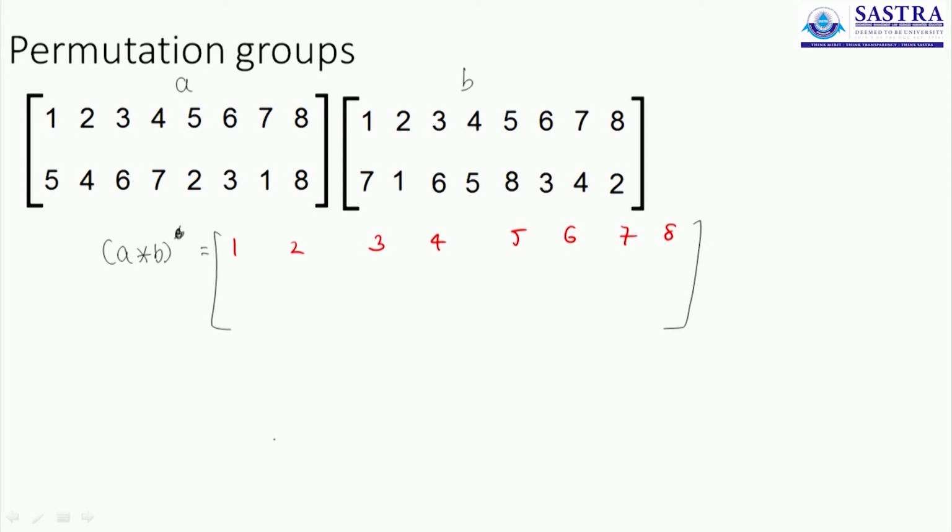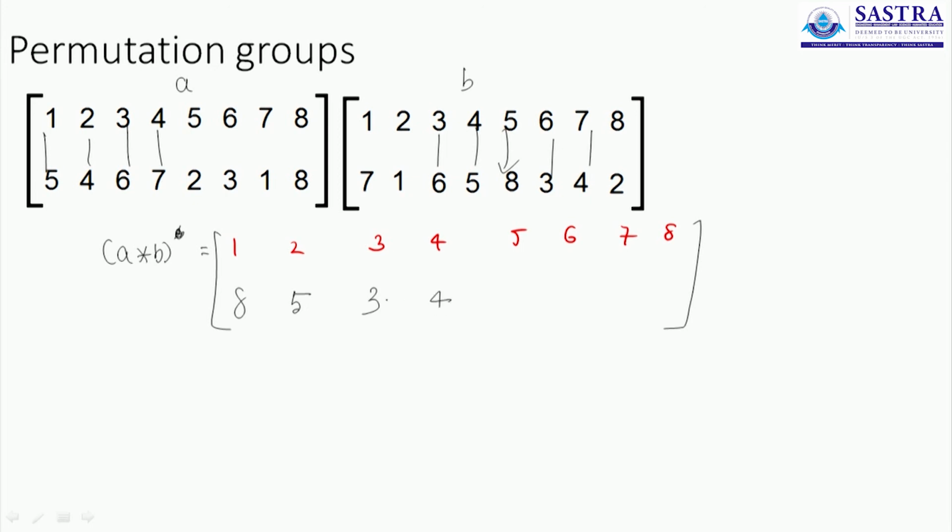How do you do A star B? You follow the images from the left. So 1 to 5, 5 to 8, so 1 goes to 8. 2 to 4, 4 to 5, so 2 is 5 again. 3 to 6, 6 to 3, so 3 is 3 again. 4 to 7, 7 to 4,